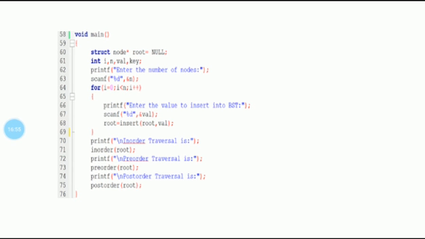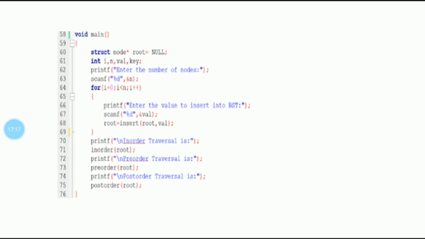So the first value that you are going to provide is the root node. Then the remaining values are placed either to the left of the root or to the right of the root, depending upon the relationship between those values. Then we are going to perform the in-order traversal, pre-order traversal, and post-order traversal.